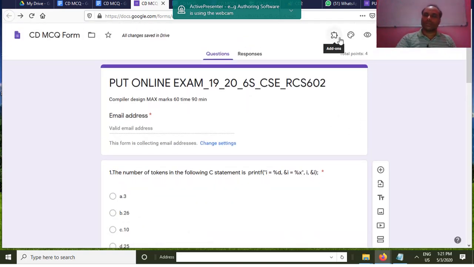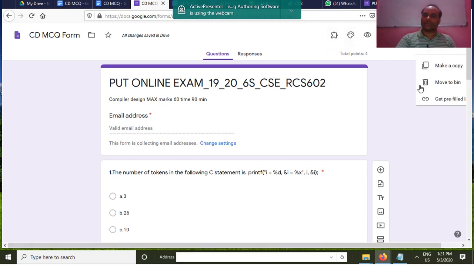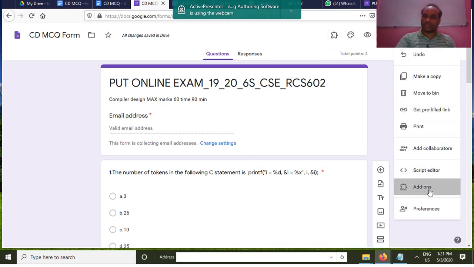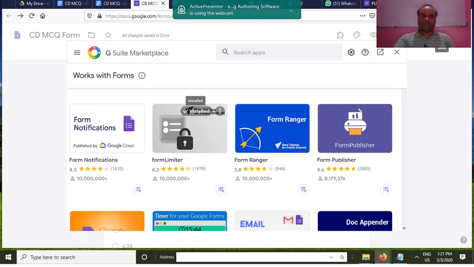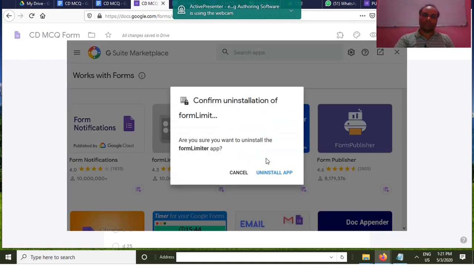The option is not coming here. I am uninstalling the add-on. It's not working. Now I am trying to check that it is uninstalled.